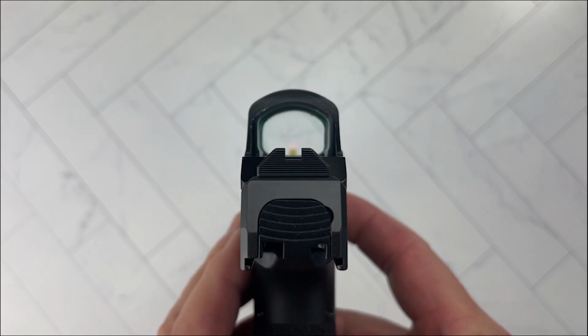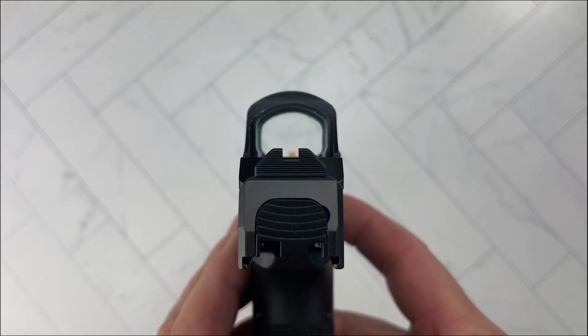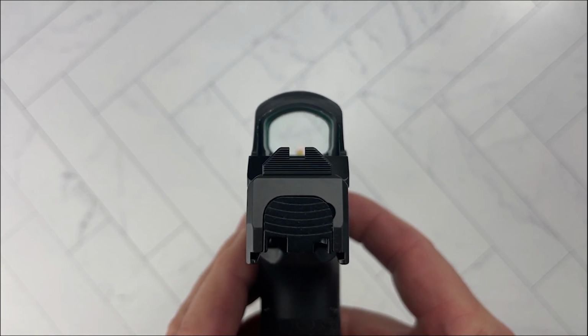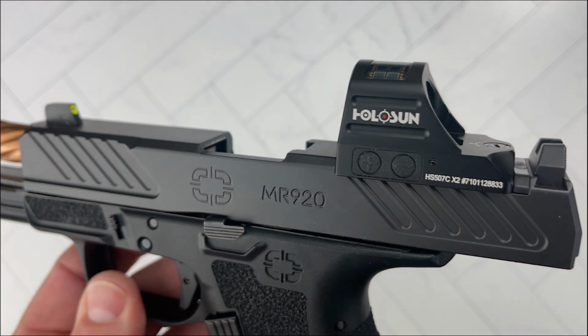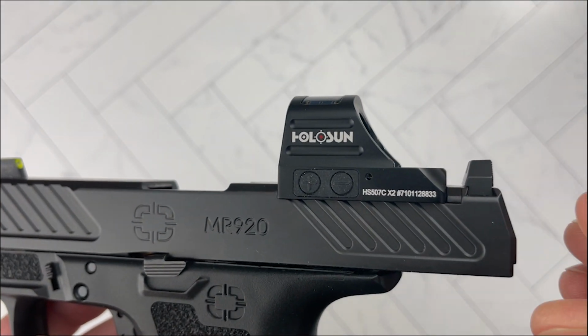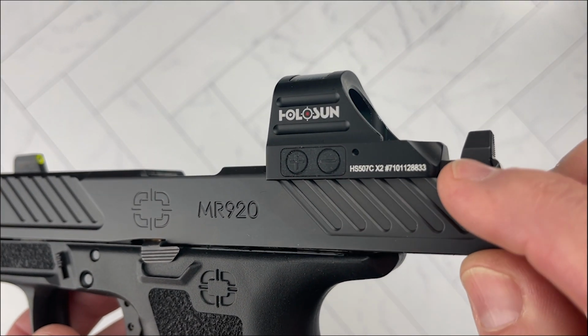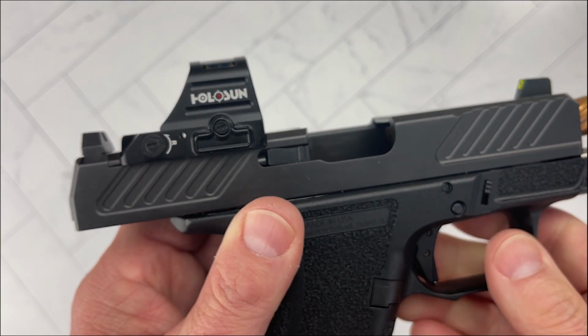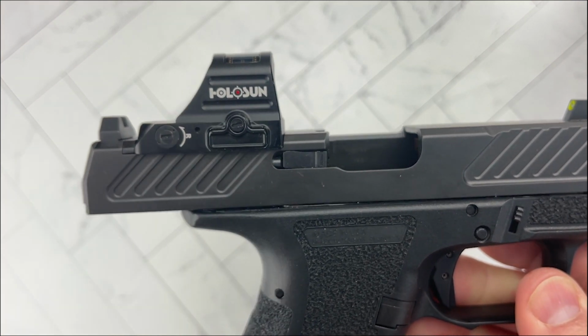There it is. The optics system is very ingenious, and it is designed for a lower 1/3 co-witness, as you see here. What's really ingenious is that, regardless of the optic that you have, you mount it directly on the slide. No need for plates. And like I mentioned to you earlier, they have